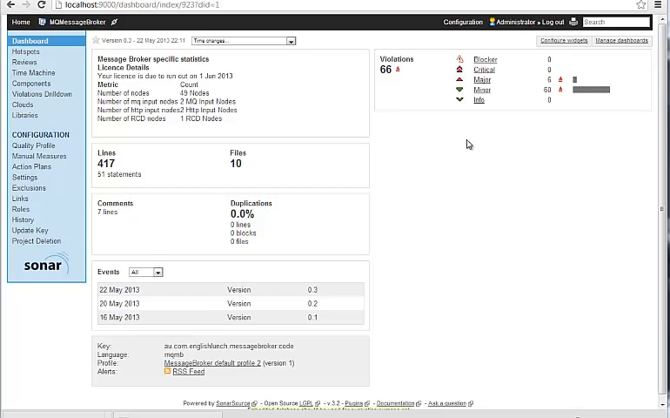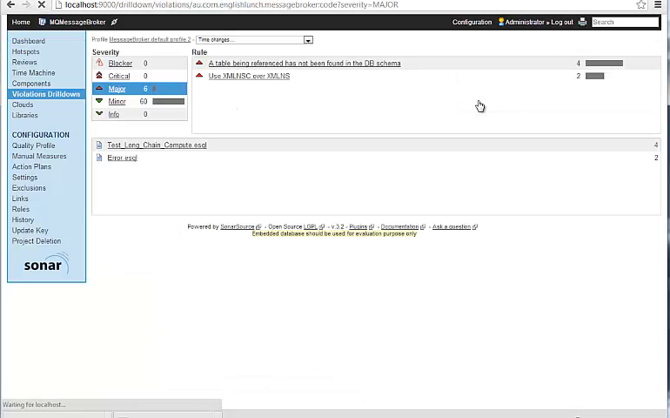We can also look at the violations that have been created when our code has been analysed. So we can see here we've got 66 violations, of which we've flagged 60 as minor and 6 as major. If we dig into the major violations first, because they're probably the most interesting ones to us, we've got